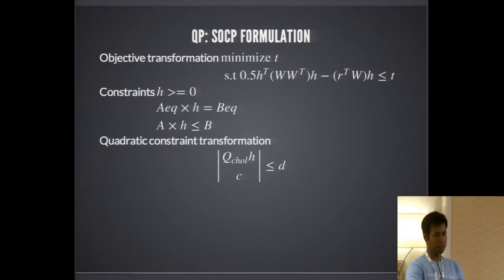So this SOCP formulation shows how we take a quadratic problem and translate it into a SOCP formulation.